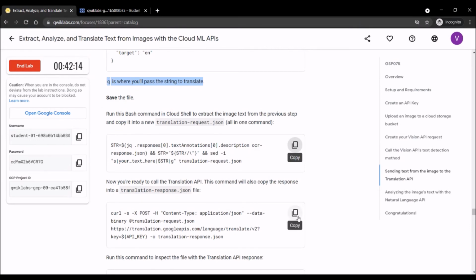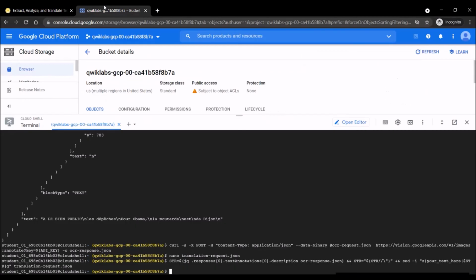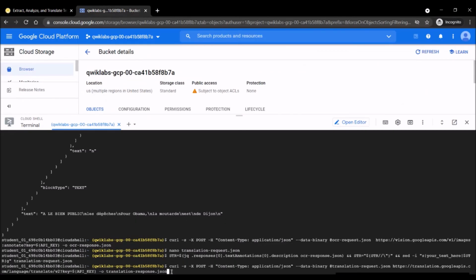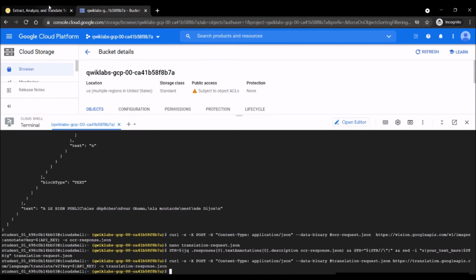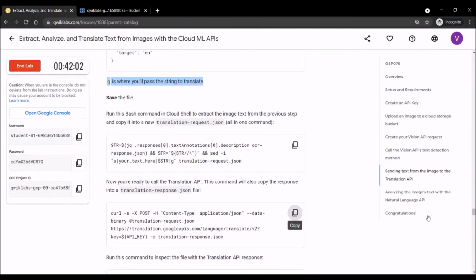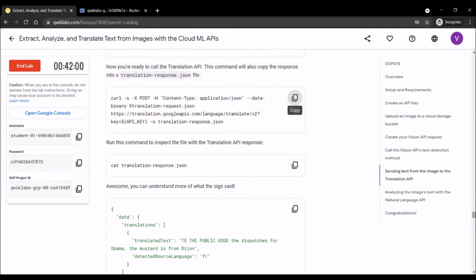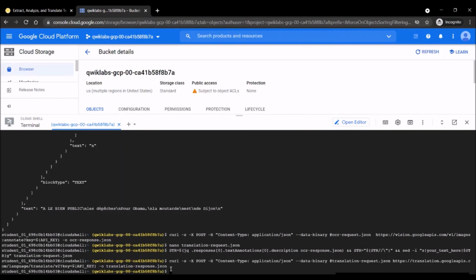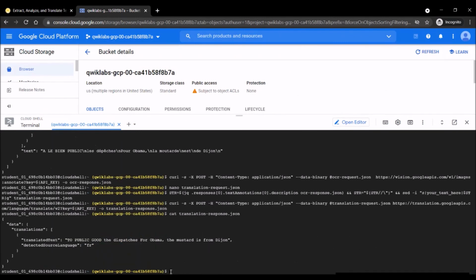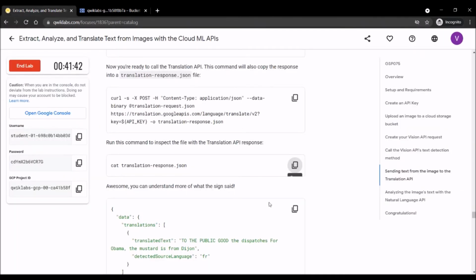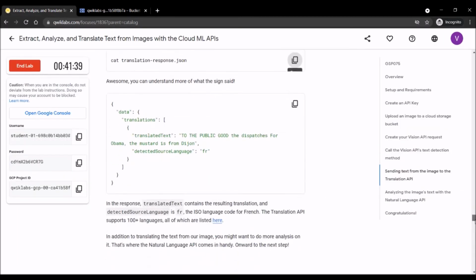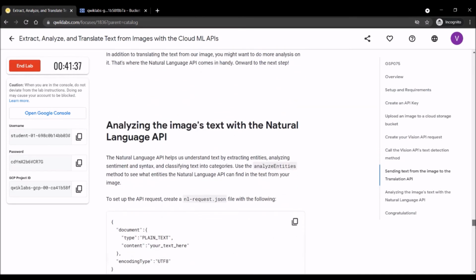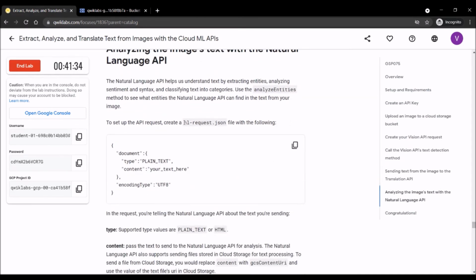Copy. Great. So now at last we'll run this command to inspect the file with the Translation API response. See, translated text: to public good, the dispatches for Obama, the mustard is from Dijon. Okay, so we have gotten our result.